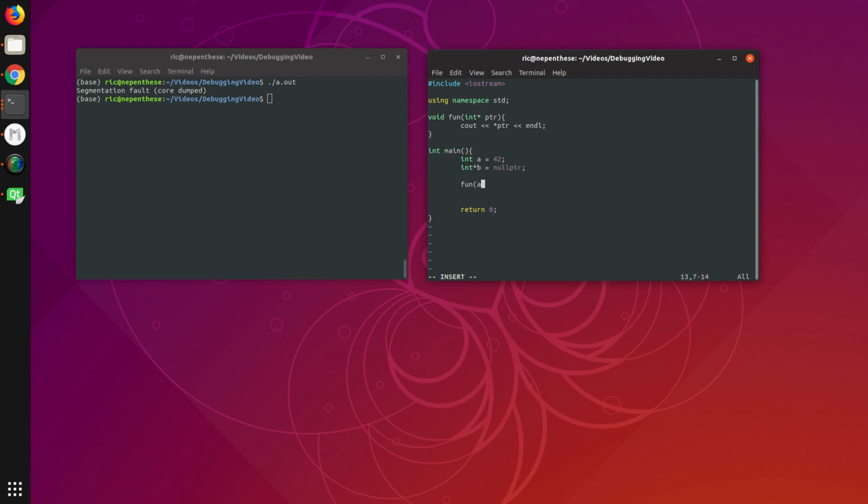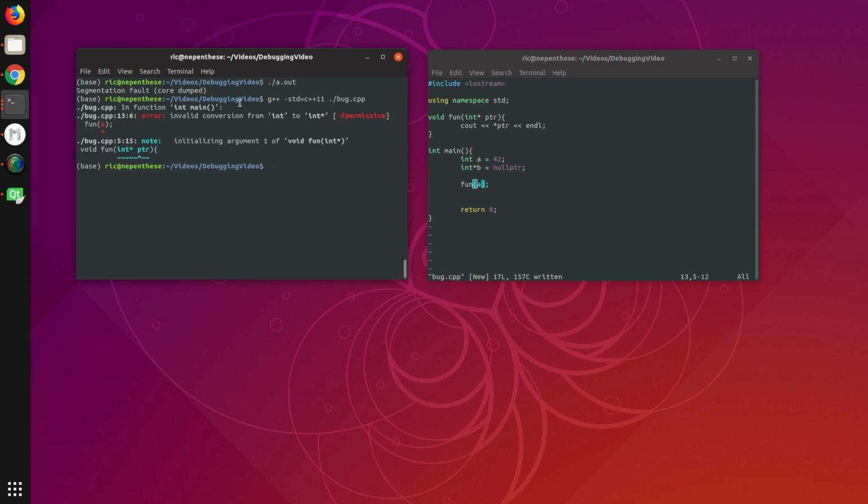If we call fun of a, over there, we're passing an integer where it's expecting a pointer. So in this case, the compiler won't compile because we've given it an integer and it's expecting a pointer. So when we call g++, that's the compiler, we're giving it the standard C++11 flag, so it's using C++11 instead of older versions. And then we're giving it the file we want it to compile. And we see that it gives us an error because it won't convert from an integer to a pointer,